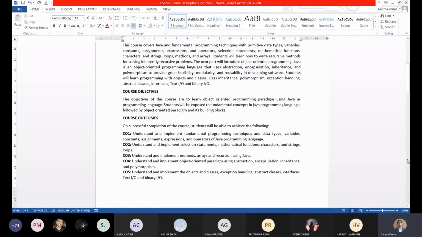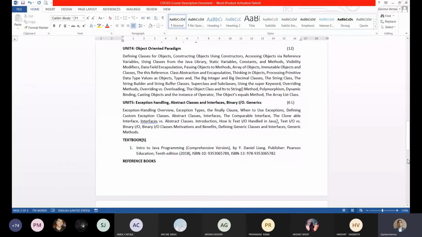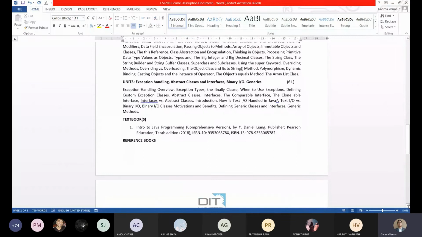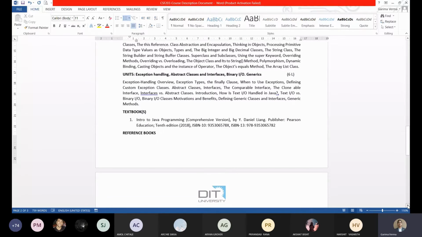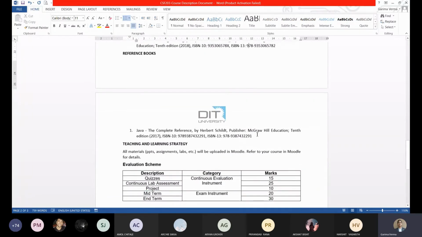Syllabus का detailing आपको नीचे मिल जाएगा. Okay. Now this is the textbook that we are going to follow. And I've already uploaded the soft copy of the textbook in the book section. आप files पे book folder मिलेगा, वहाँ पे जाकर के आप इस textbook को download कर सकते हैं. And there is one reference book, which is the universal reference book, Java Complete Reference by Herbert Schildt. And this is the best book of Java for starting the Java.